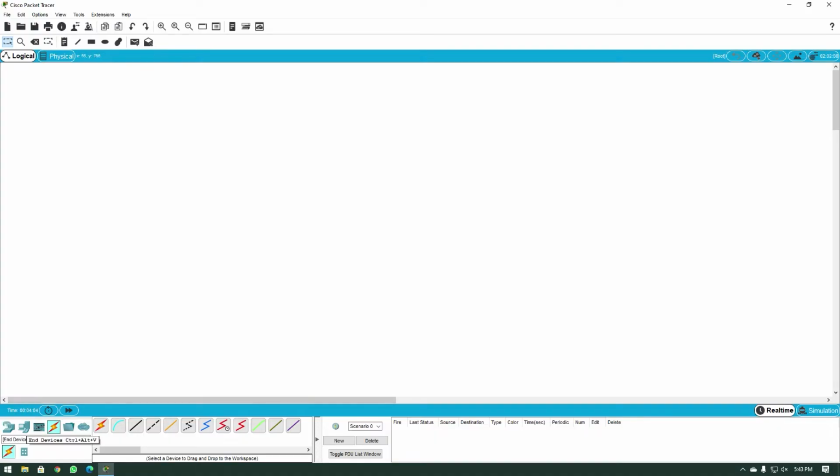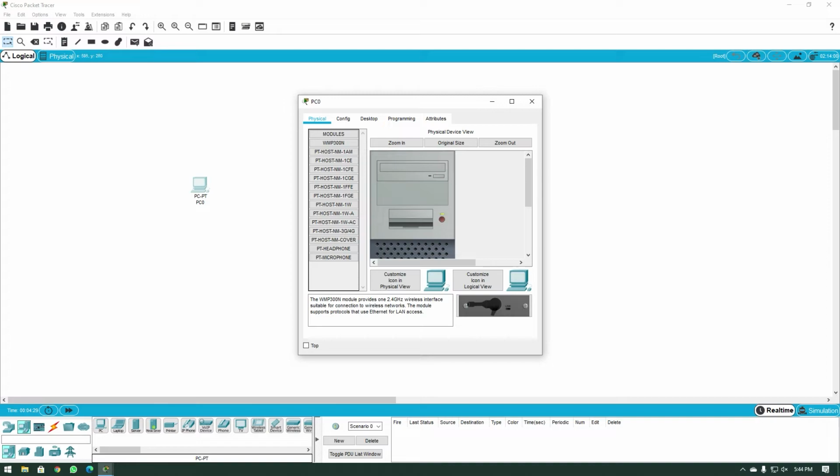So I'm going to go to End Devices right here, click on PC and click somewhere in the free space over here. And there you go, we have our first PC over there. Now, what does a PC need to start communicating with the external world? Well, let's give it an IP address. You can give an IP address to a device by simply single clicking on it.